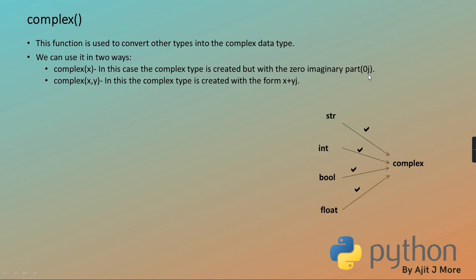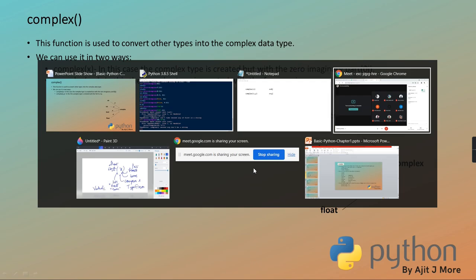Okay? And the rules I said, you can convert a string to complex, an integer to complex, a boolean to complex, a float to complex. Everything can be converted. Only the rule is, if it is string, then you can use only this first notation, not the second. That restriction you should remember. If it is string, then only this first notation is allowed, not second. Okay? And for these three, any combination is allowed. Means it can be a complete graph, you can say.